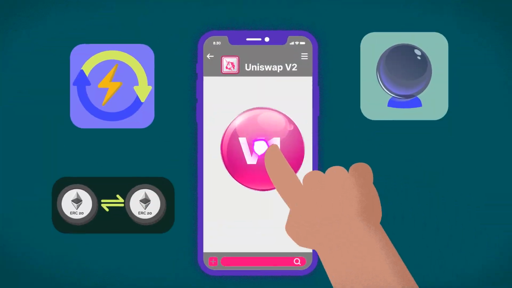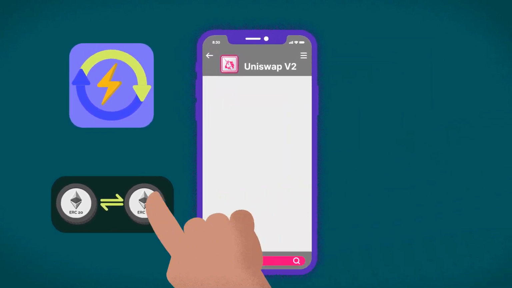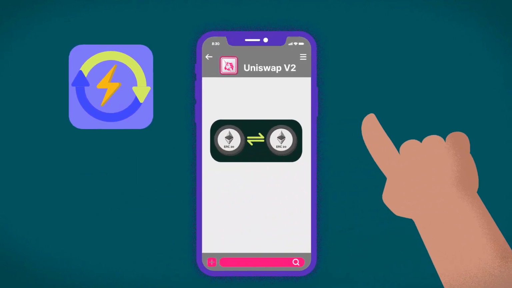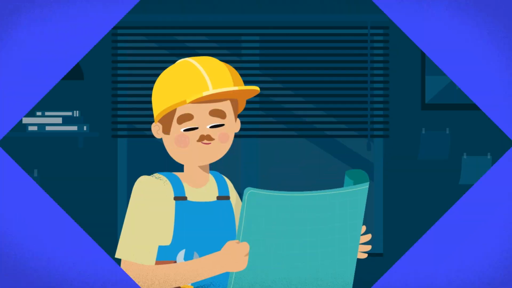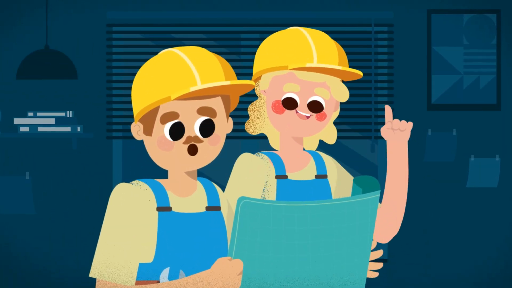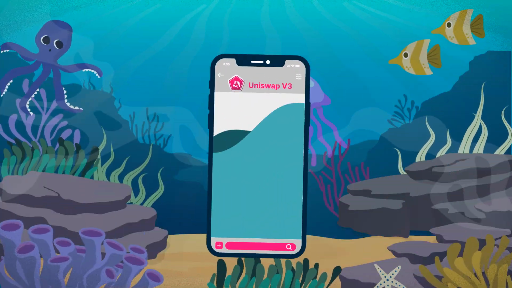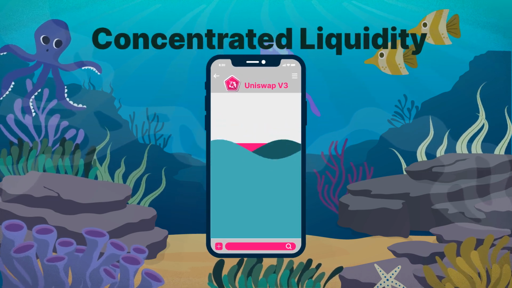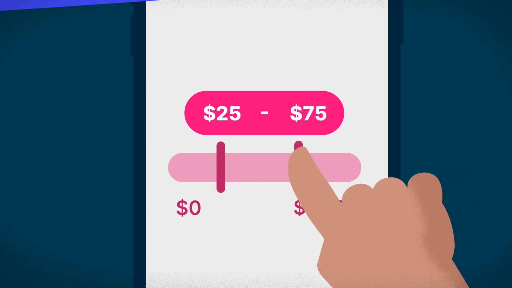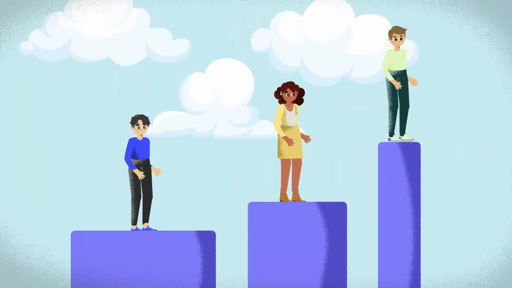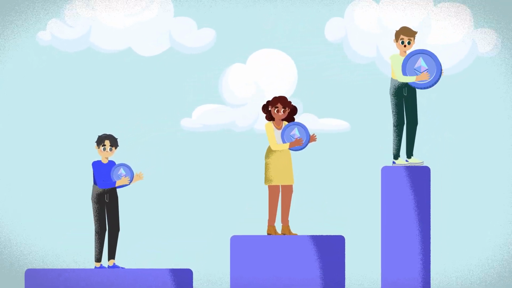Besides retaining V1's core, V2 introduced price oracles for real-time token price tracking and permitted direct ERC20 to ERC20 swaps, and added other features, such as flash swaps. Just a year later, the developers wanted to implement other new features, and so they deployed V3 of the DEX. One such feature is concentrated liquidity, which lets liquidity providers decide the price ranges where their capital is used. Additionally, there are now multiple fee tiers, enabling liquidity providers to earn compensation based on the level of risk they